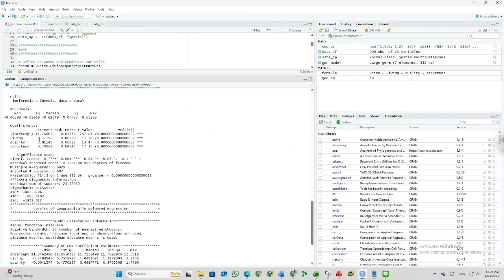And for the estimates, we can see all of the independent variables are positive. That means living, quality, and structure have a positive impact on the dependent variable, in this case price.